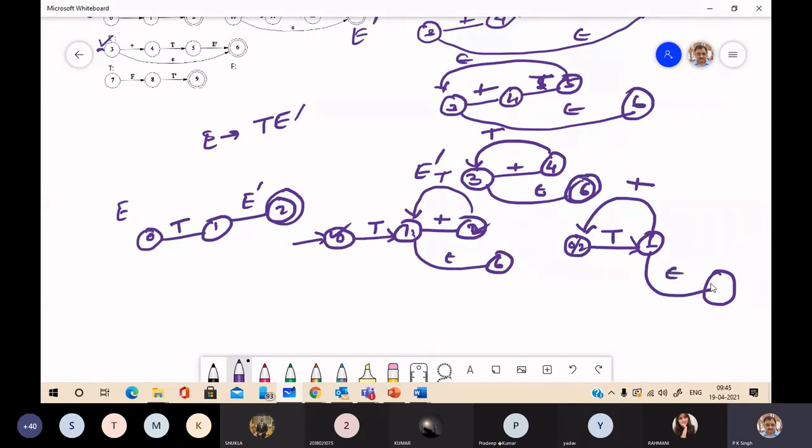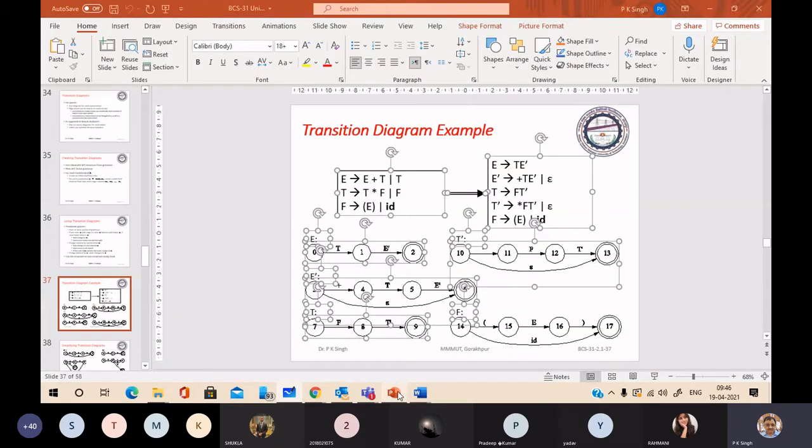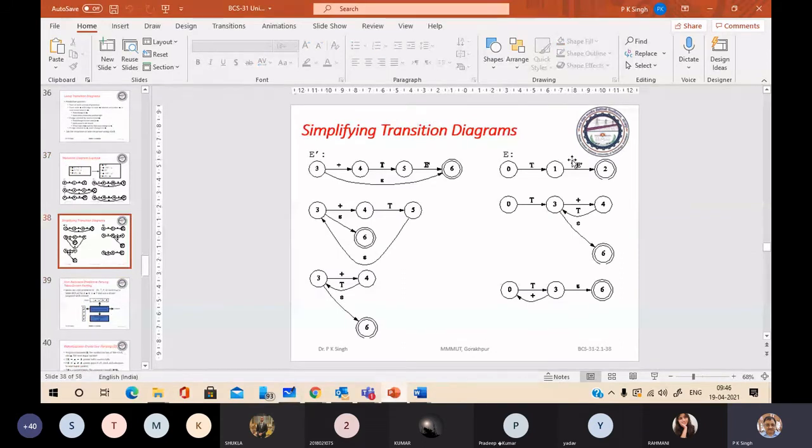So just see, it is simplified. Similarly, you can simplify the other productions also. Okay, and when you simplify, you will get this. See what we have simplified: this and this. This is E dash. This is E.